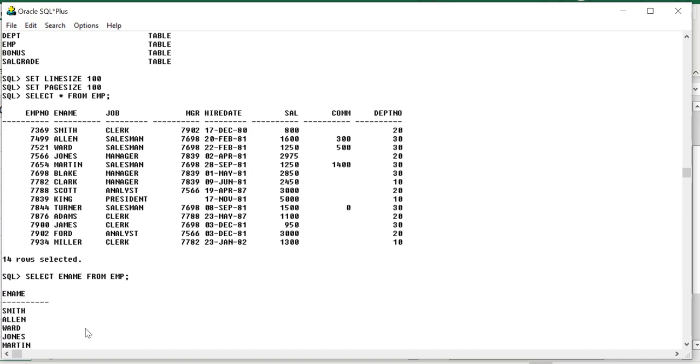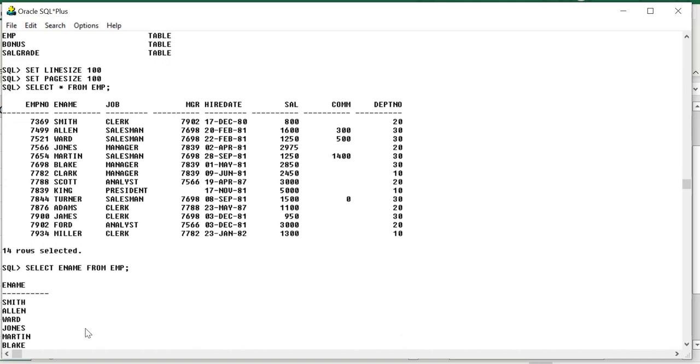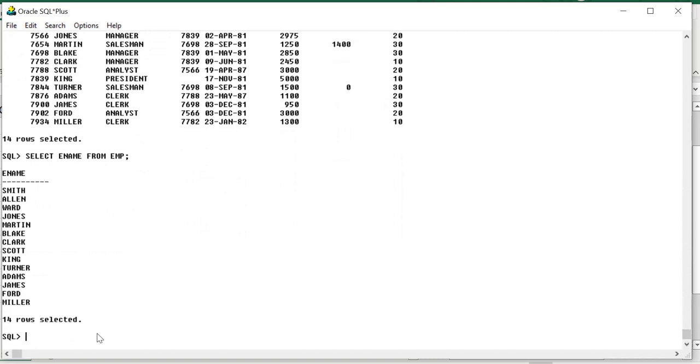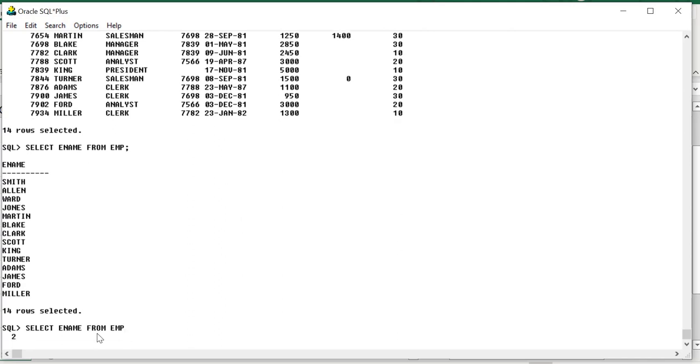With a filter condition, we will see one more example. Select ename from emp where sal less than 5000.